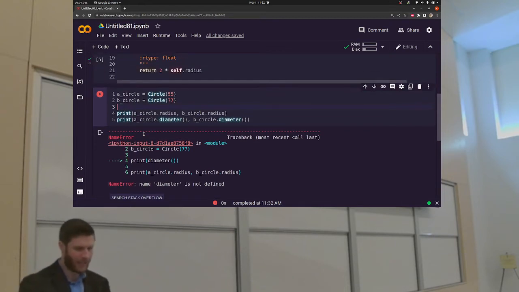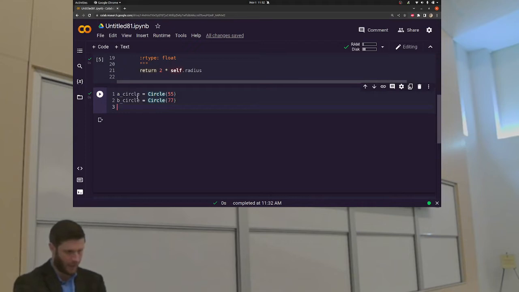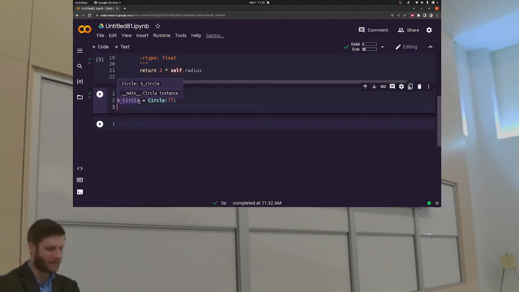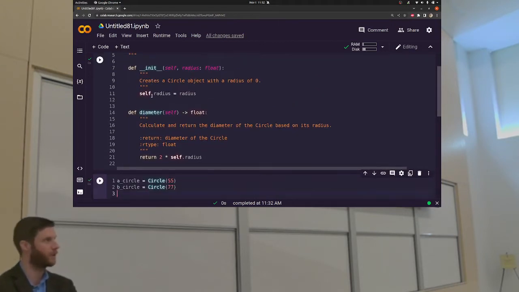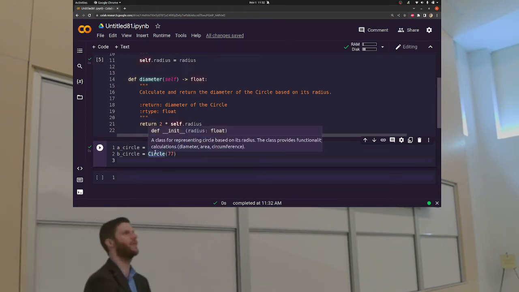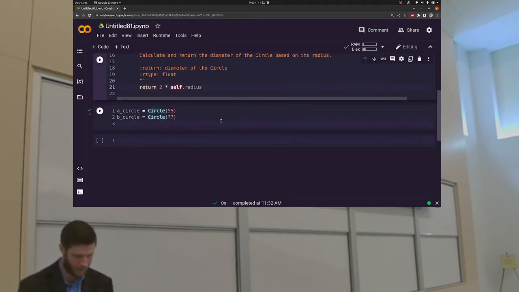Here, and just to really emphasize something, I'm going to get rid of these 2 lines of code here, okay? I'm just creating 2 instances. Right? I called the constructor twice. I called init twice. Even though you don't see me write underscore underscore init to call that, Python just automatically calls init whenever you call the name of the class. And if you want proof that this code is running,